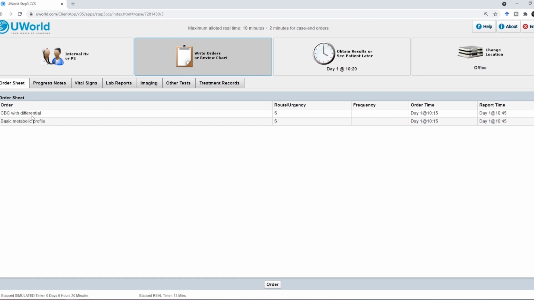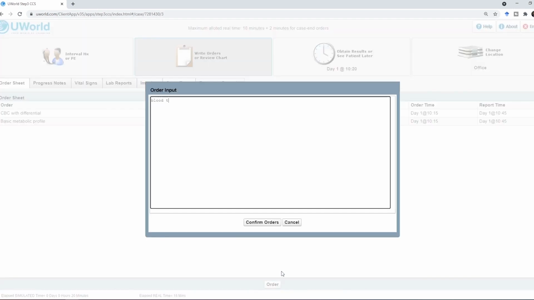We already ordered CBC and BMP and we're waiting on the results for these, but now we can go ahead and put the rest of the prenatal orders. These include blood type and RH factor. Sometimes you just type the beginning of the word and the software recognizes it and gives you the additional part to save time. Also atypical antibody titer,